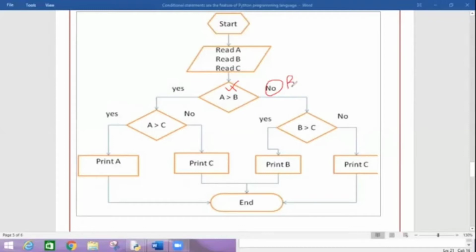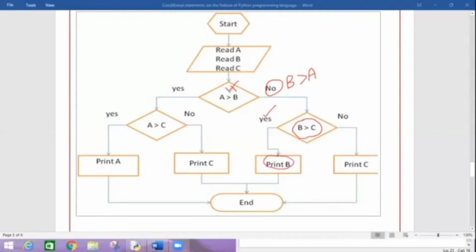That B is greater than A. It simply means that. And if it is, then I am checking this, that B is greater than C or not. If the condition is yes, then what am I printing? That B is the greatest number.